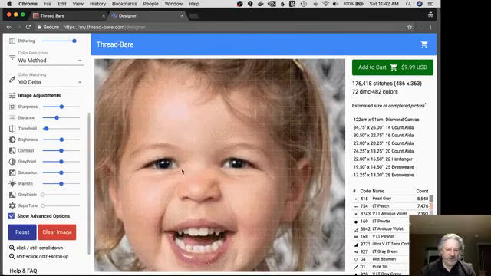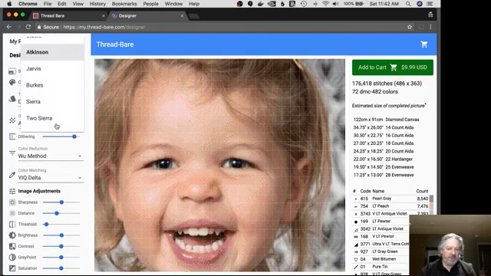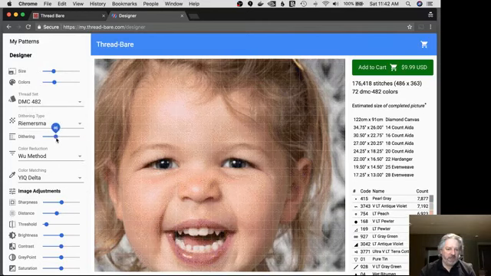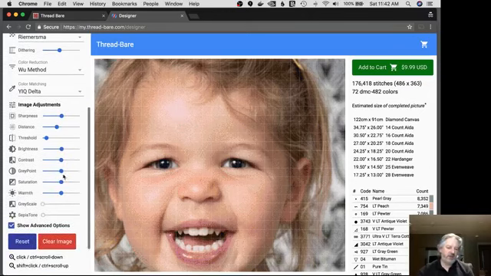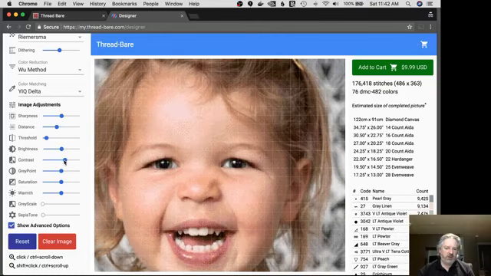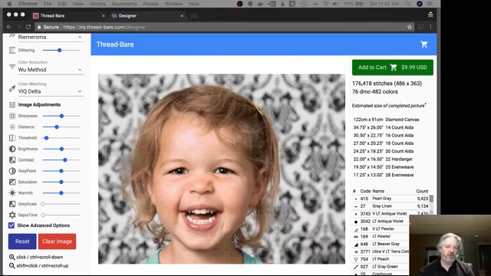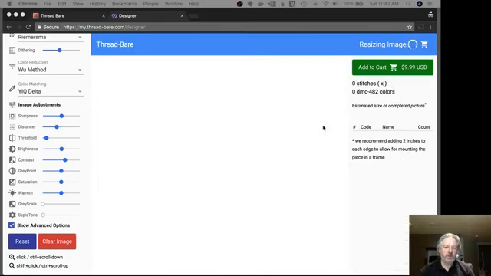So just to show you, we think our software does a good job with faces and skin tones. And what I was saying before about the reverse mirrors, the dithering option tends to not need as much. You see it does a really nice job of converting a face and skin tones, and you can still adjust the contrast and stuff. And once you've got settings for a particular photo, and these are more like studio taken photos,